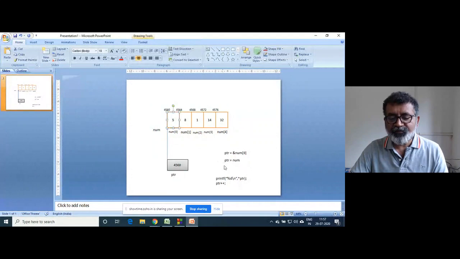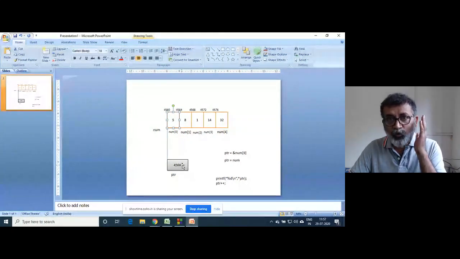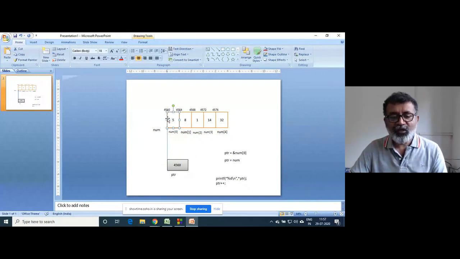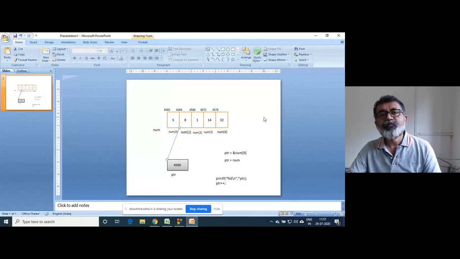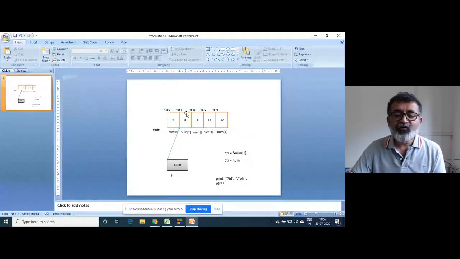So 5 is printed. ptr plus plus. What is ptr plus plus? 4560 plus 1. No, 1 means 1 home. So plus 1 means 4564. So the pointer will go here, at 4564.